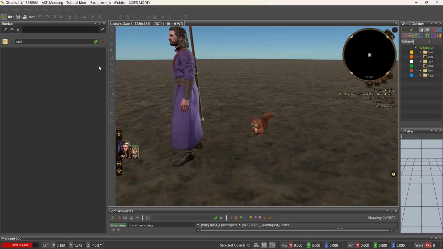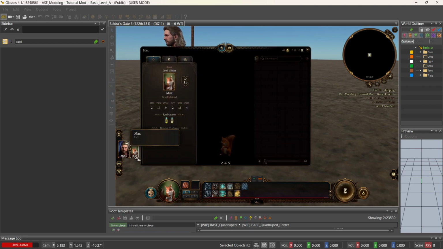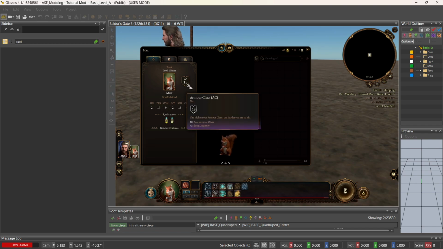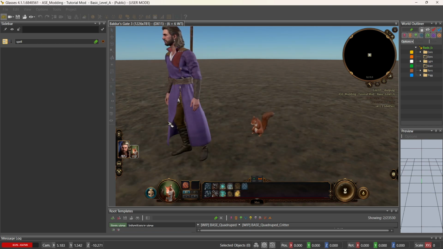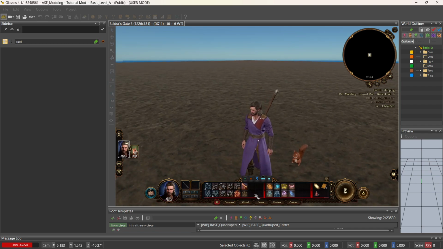And switch to game mode, and we're lucky, our squirrel already has the stats change. You can see 12 hit points here. You can see dexterity is now 17. We didn't change its armor class, but it gets a +3 bonus because its dexterity is stronger now. And we see it has these resistances that we assigned. So it still has the old spells, so what we have to do with Gale is